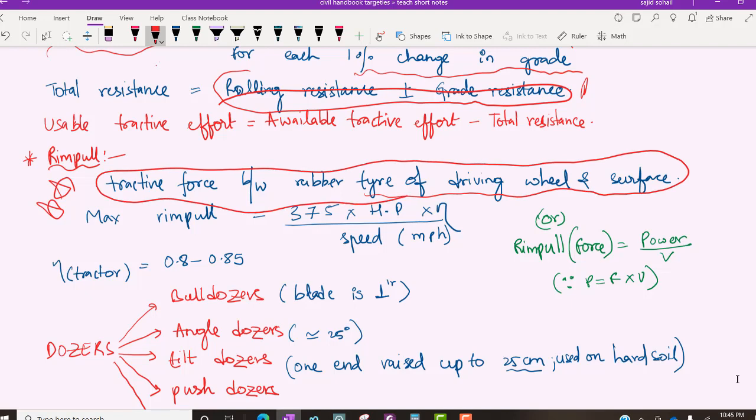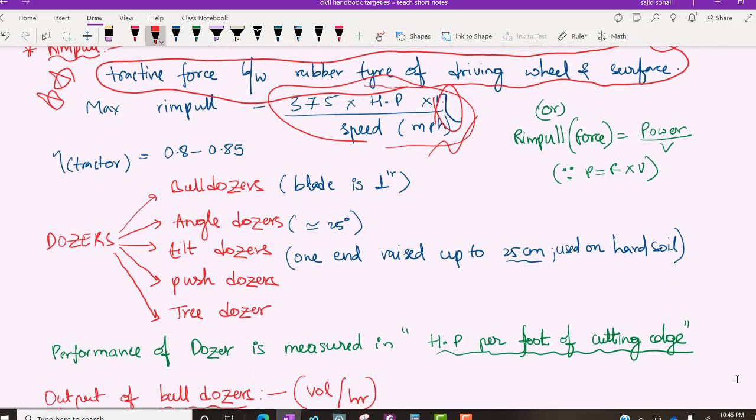In simple language, force. So there is one simple formula for power. Power is nothing but force into velocity, if you remember from fluid mechanics. So now you want force, तो क्या कर लोगे? P by V कर लोगे. यही करना है आप. Okay, P by V करना है. The horsepower of that vehicle will be given. Speed will be given. You have to write power divided by your velocity. अगर velocity आपका mph में दिया है, you can directly substitute in this formula 375 hp by speed, and obviously if efficiency is given in question, just multiply by efficiency. Generally if we are talking about tractors, efficiency will be around 0.8 to 0.85.